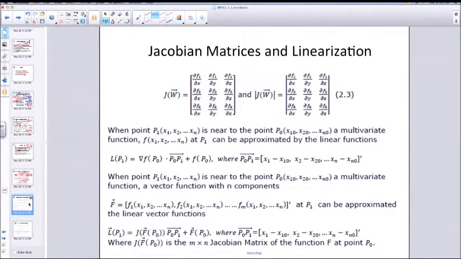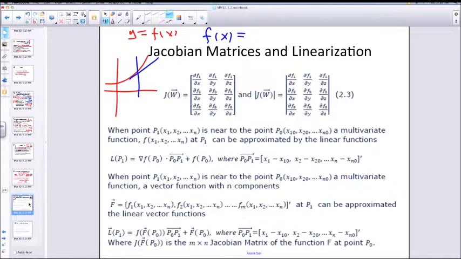Now, let's review this old technique. If I give you y equals f(x), you remember I told you the linearization means you take the derivative, and f(x) equals f(a), if this point is a, f(a) plus f prime(a) times (x minus a). That's called the linearization. Basically, you use the distance on the straight line to approximate the